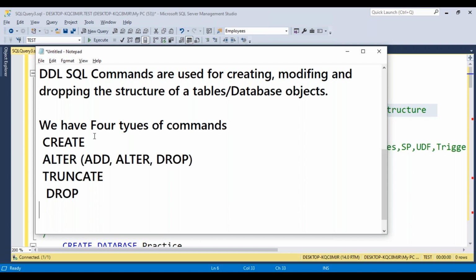With the create command, at the starting point, we can create a database, a table, views, temporary tables, and indexes. And coming to the T-SQL part, we can create stored procedures, user defined functions, triggers and cursors.